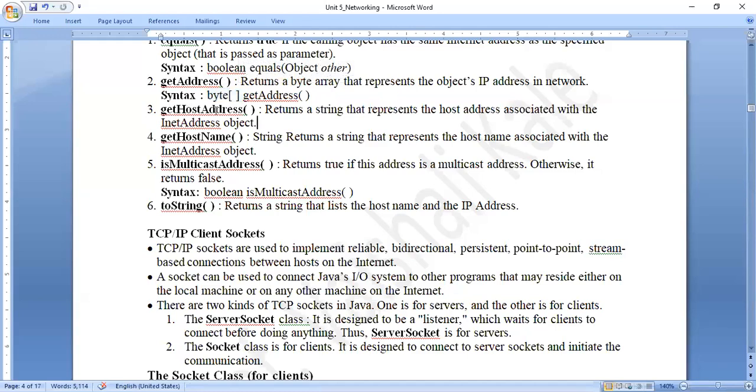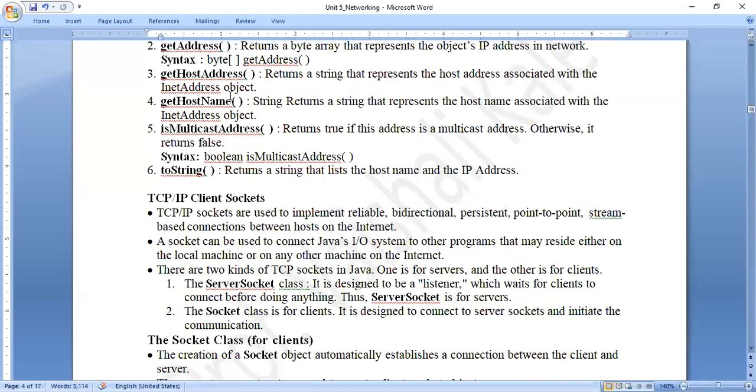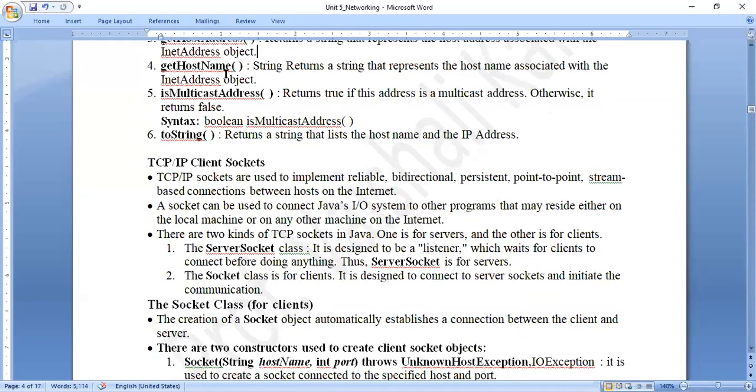Then getHostAddress returns a string that represents the host address associated with the InetAddress object. It is similar to the getAddress method. Then getHostName returns a string that represents the host name. So here, instead of the IP address, we are trying to find the name of the InetAddress object.